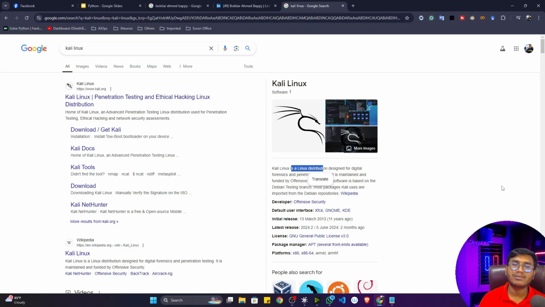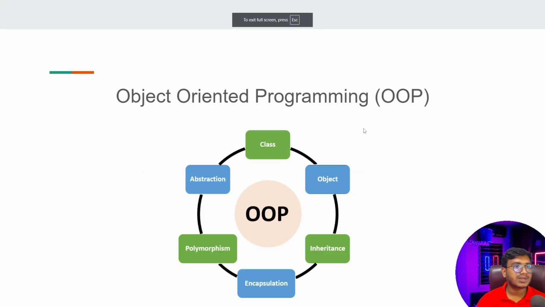And inside OOP you will get different functionality. We'll be learning so many concepts inside OOP. So let me show you some of the OOP concepts we'll actually be learning. You can see inside OOP we'll be learning something called class and object. First of all, we have to understand class and object, because many of you will get confused about what is class and what is an object inside OOP. Then after that we'll be learning abstraction, polymorphism, encapsulation, inheritance.